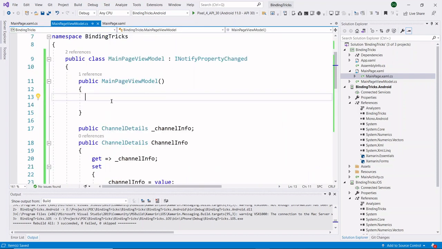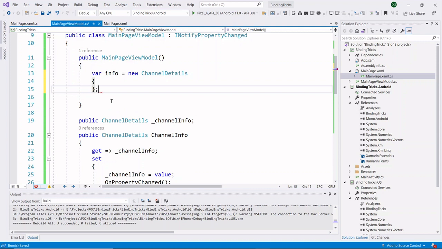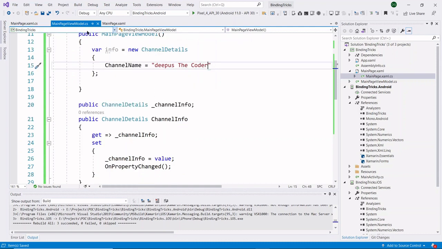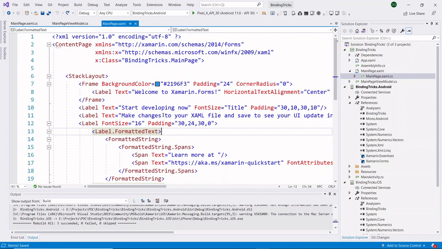Inside my main page view model, I have assigned data and given this bindable property to my main page. I have assigned my channel name to my main page.